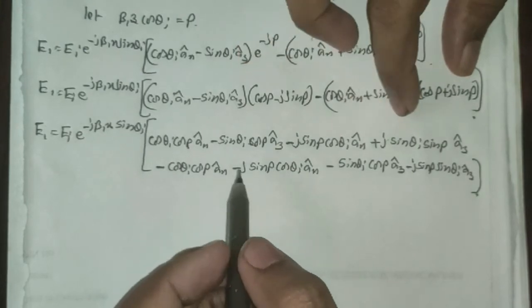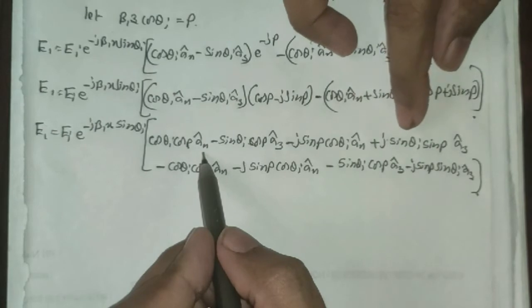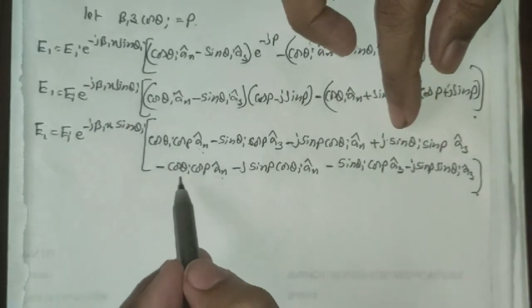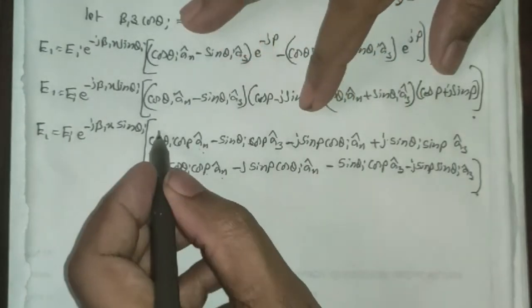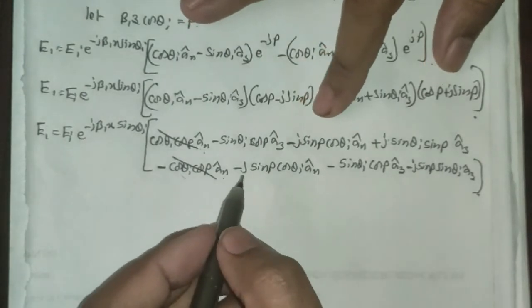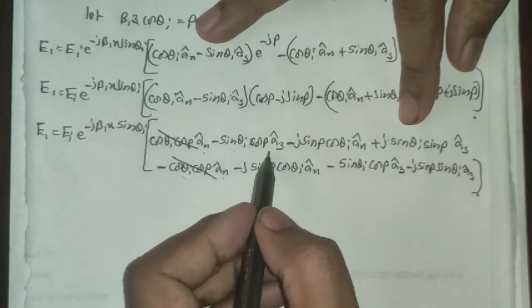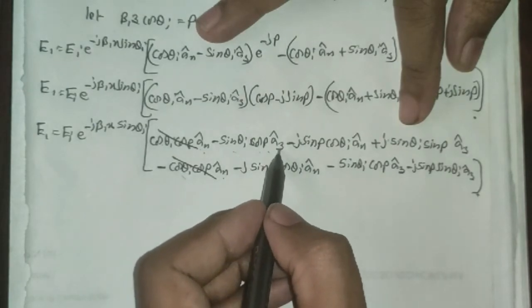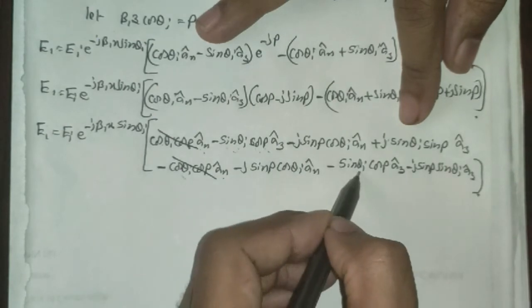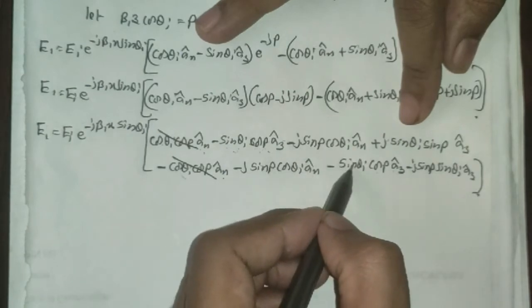What are those terms? You have the ax terms, cos theta I and cos theta I, cos p and cos p. So here these two terms get cancelled off. Similarly, observe the j sin p terms, whether they are cancelled off or not. Here, sin theta I into cos p into az cap, so this is minus sin theta I cos p az, minus sin theta I cos p az. There are two terms, and these two terms are equal.